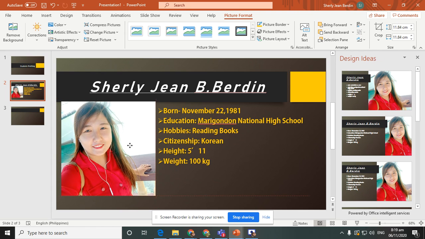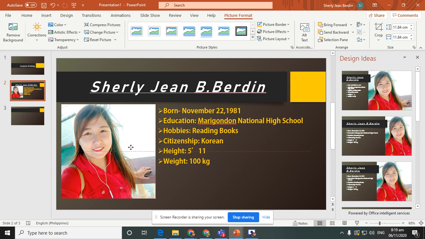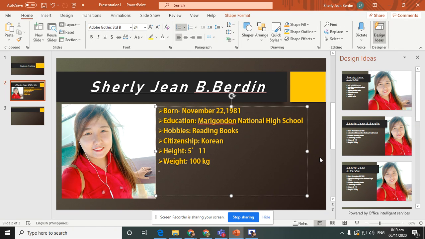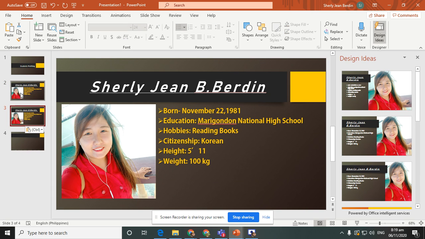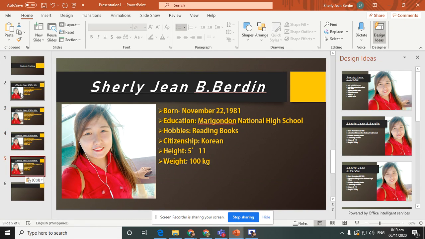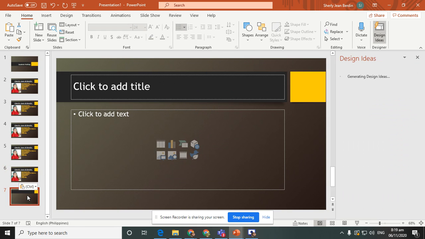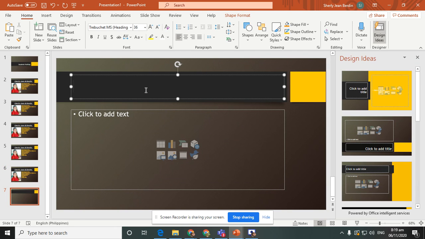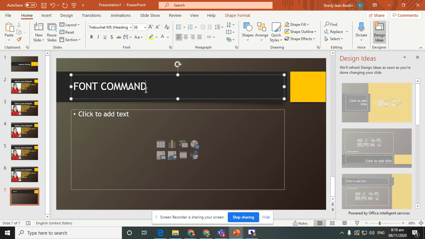If you are sure that you already applied all of the commands, for example, I already applied 5 commands from the font group and 5 commands from the paragraph group, then you may now go to the last part and write there font commands.